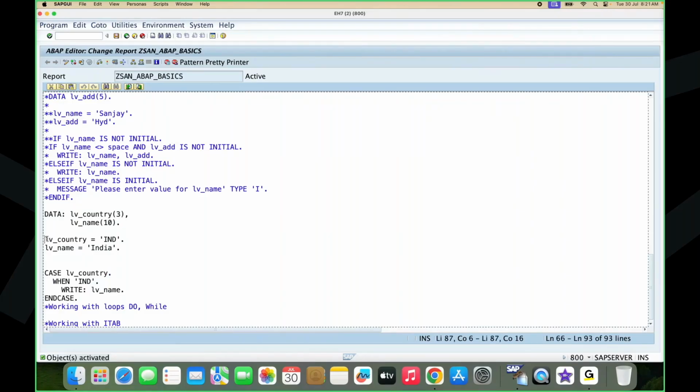So I am pointing to the country, LV country. When it is pointing to the country, the when statement will always check for the value inside of it. When it is India, then it will display. If you pass some other value, then this statement will not work. So if I write one more statement, when USA,